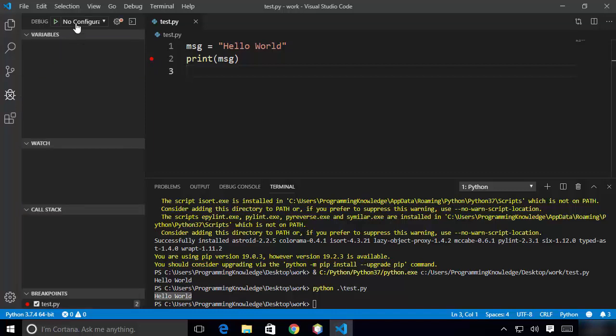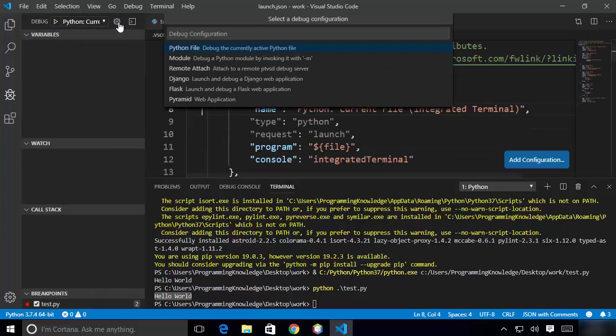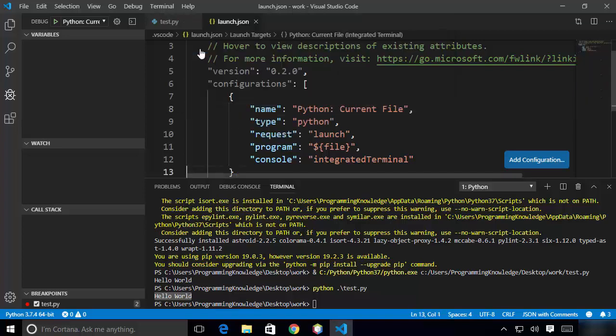And right now there is no configuration here. So when you click on this spanner option, you can see this round icon here. You will be able to see the first option here. It says Python file. So you can just click on this Python file, which is going to create this launch.json